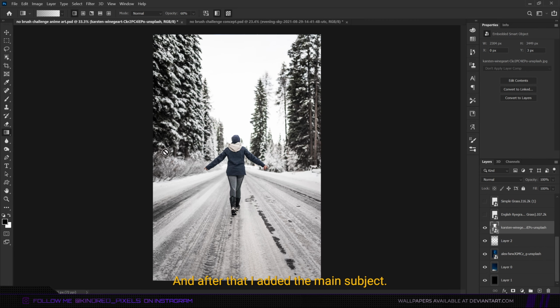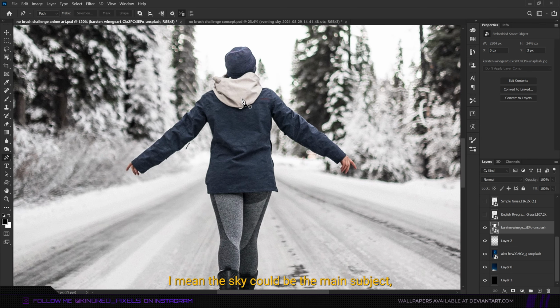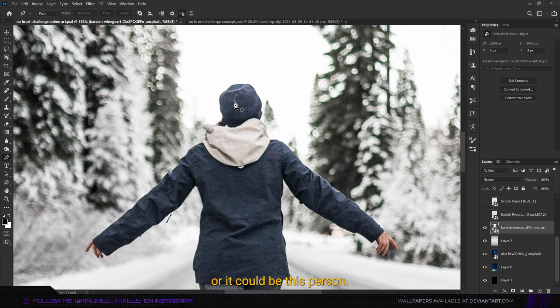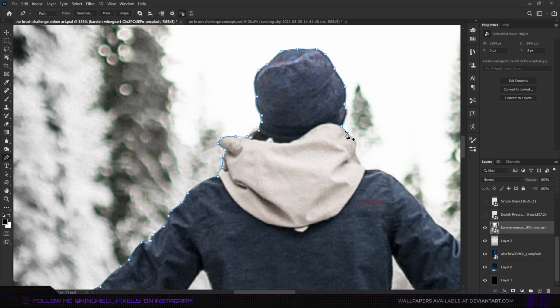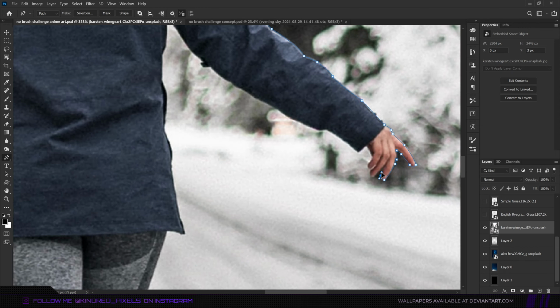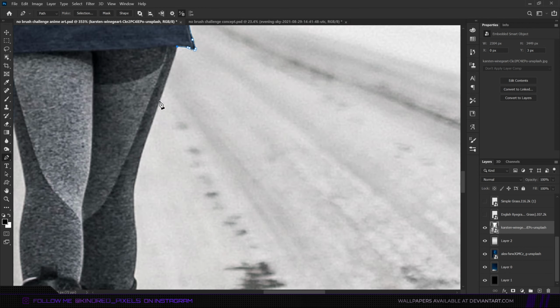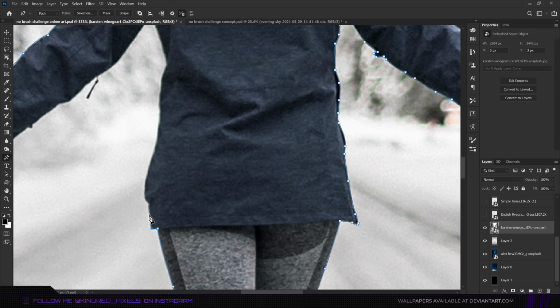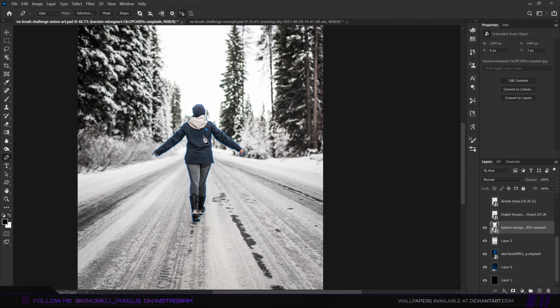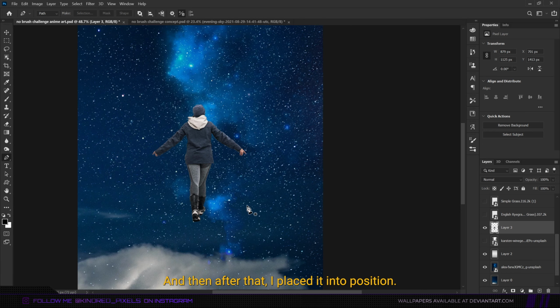And after that I added the main subject. You know what, I guess it depends on how you look at it. I mean, the sky could be the main subject or it could be this person. But anyway, what I did here is that I used the pen tool to make a selection of this element. And this is gonna take some time, so I'm gonna fast forward this process. And once the selection was done, I copied it onto a new layer, and then I placed it